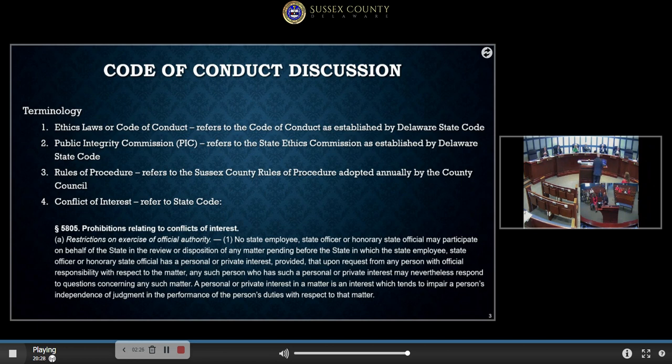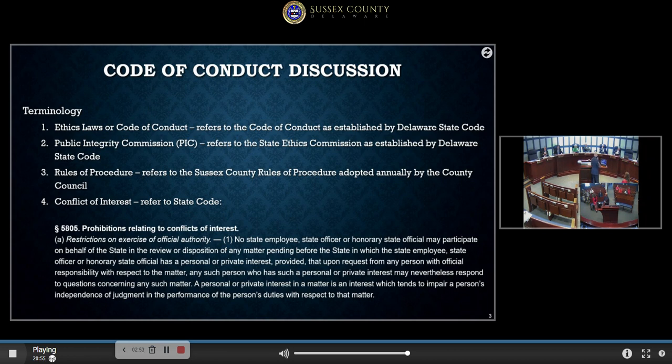No state employee, state officer, or honorary state official may participate on behalf of the state in the review or disposition of any matter pending before the state in which the state employee, officer, or official has a personal or private interest. And then fast forwarding to the end of this sentence, anyone who has a personal or private interest may nevertheless respond to questions concerning any such matter.